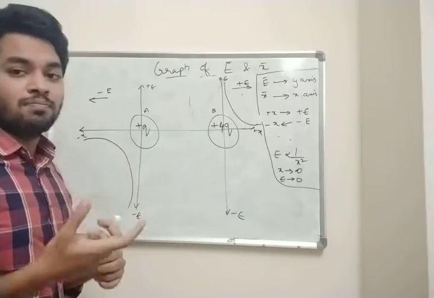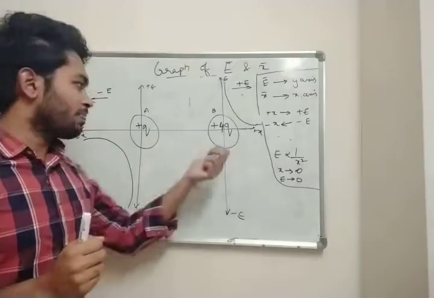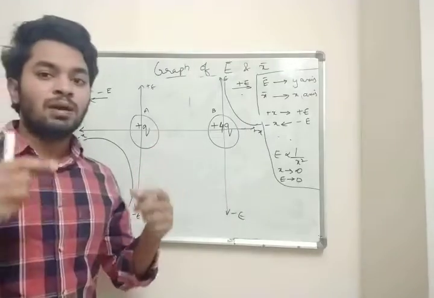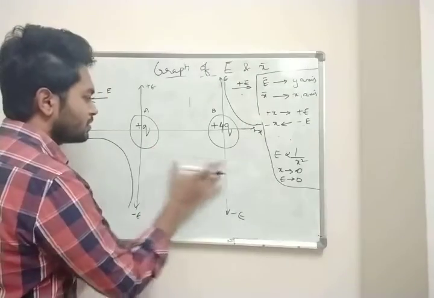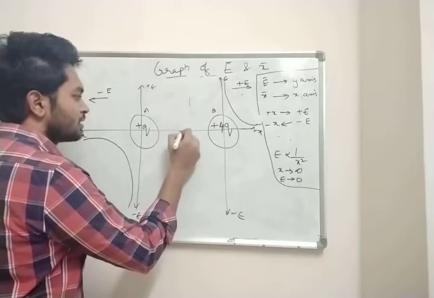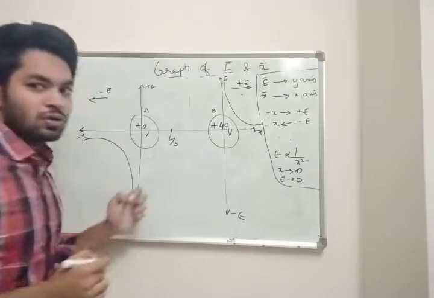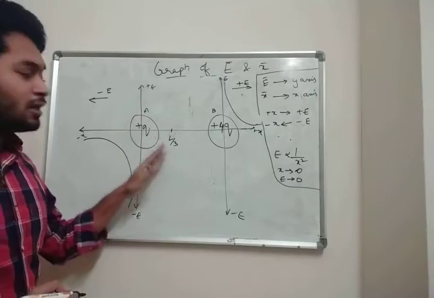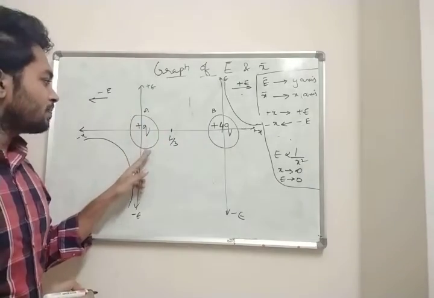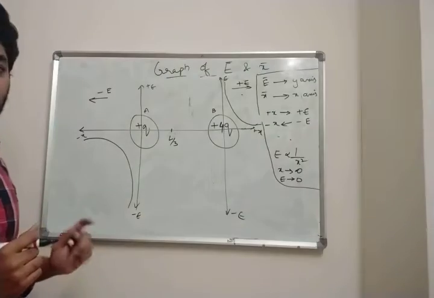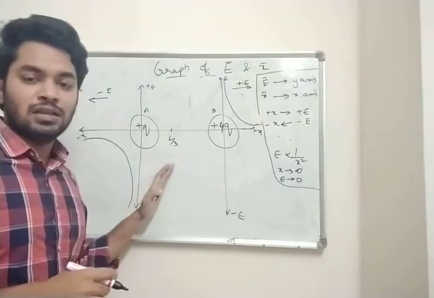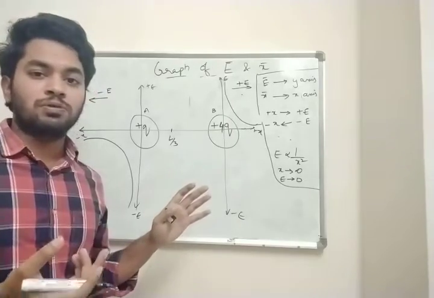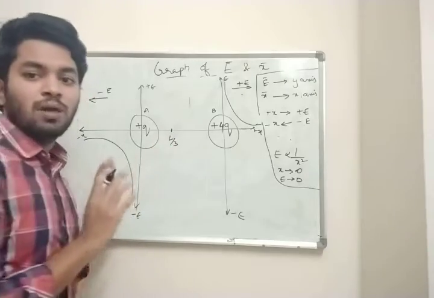Now where will it form? In Coulomb's law, in the principle of superposition topic, we had seen Q and 4Q, and we saw the distance is L by 3. Suppose this full thing is L, and somewhere here is L by 3. So here is the position of your charge, not the position of electric field. It is nearer to positive Q. I have already explained why it is L by 3. Go and check your previous class where we have done principle of superposition. The same logic is applied here.